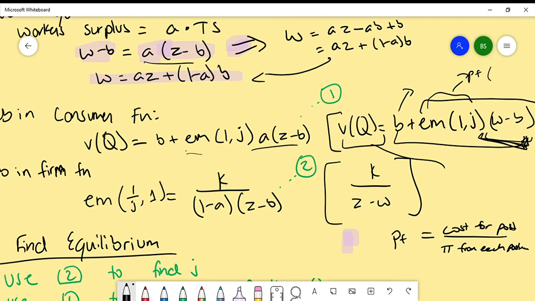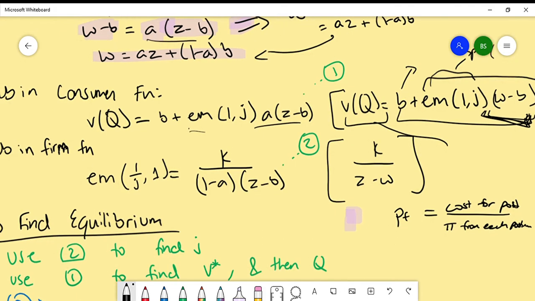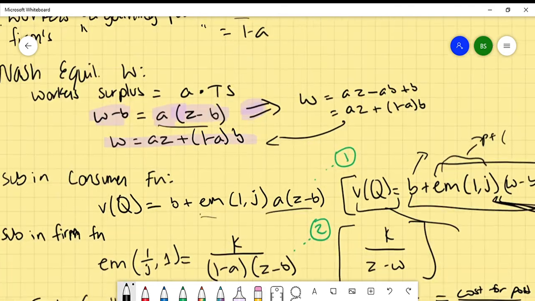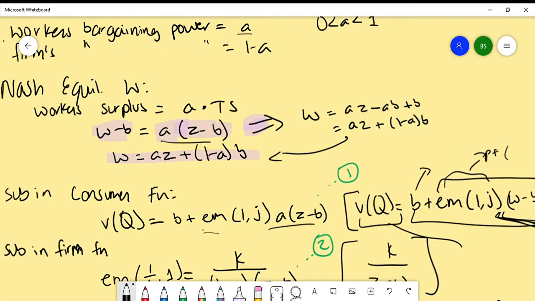So if I have the cost divided by the profit, I don't even know how to think of that. Whatever. So then it's an odd way. I've thought about this enough, so I feel like I remember it. But anyway, we have this K over Z minus W, and from here we have that Z minus W is equal to,